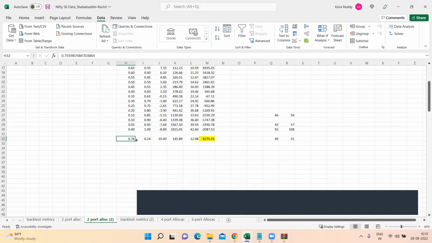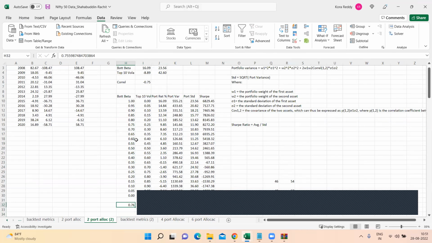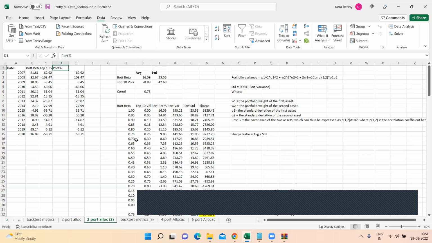What it says is the optimized equation is 75% long top 10 beta and short 24%. If you have done that,